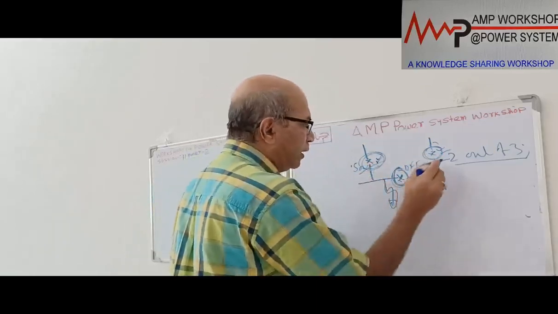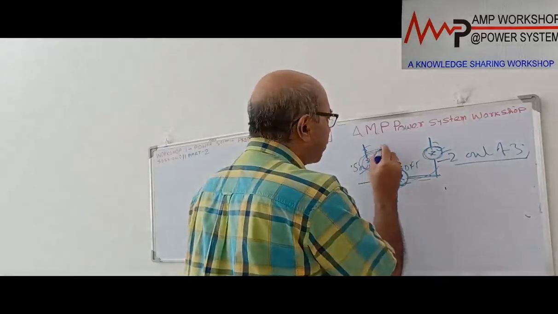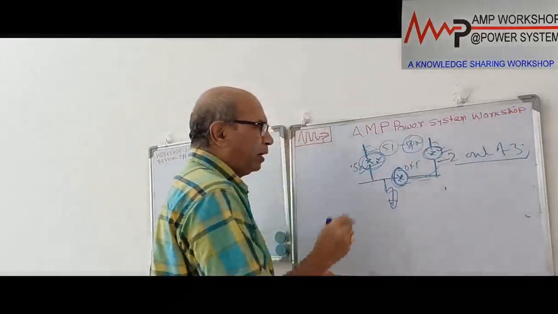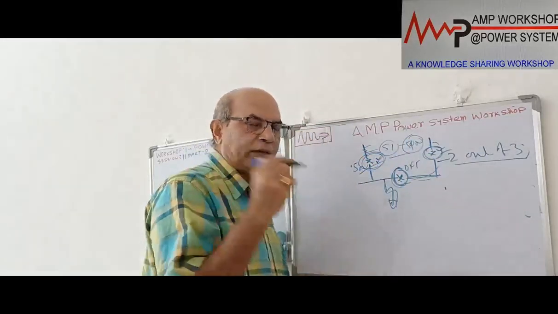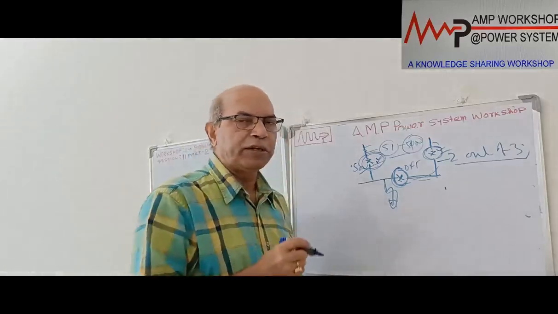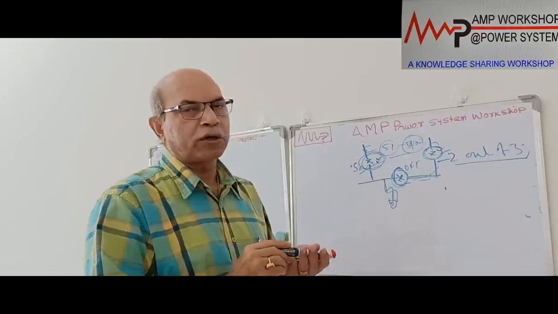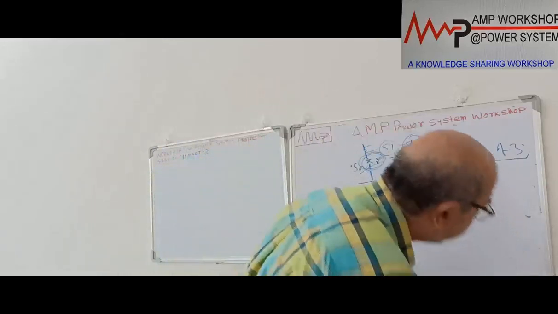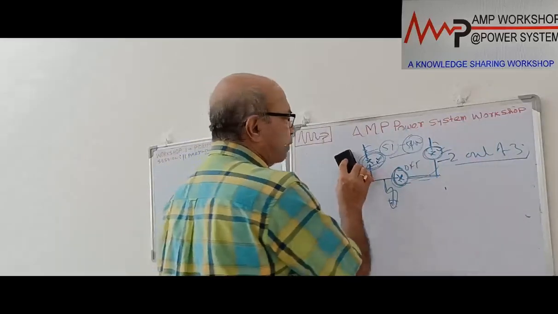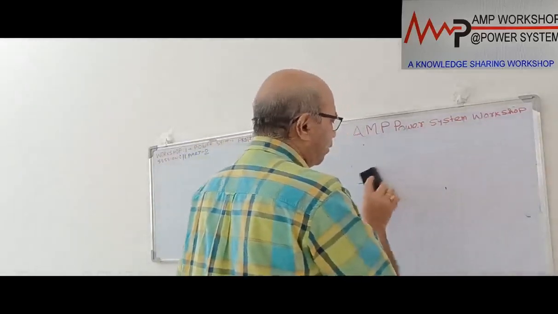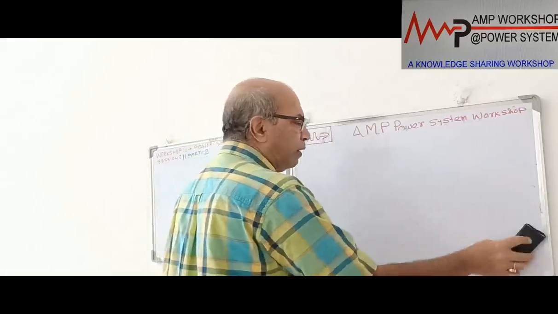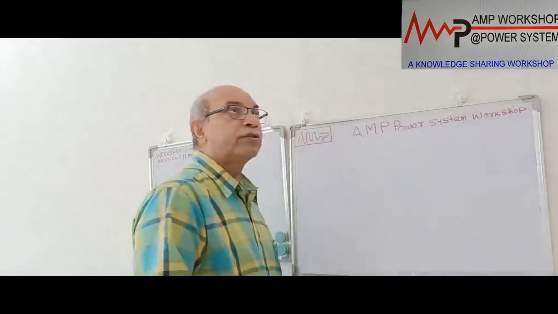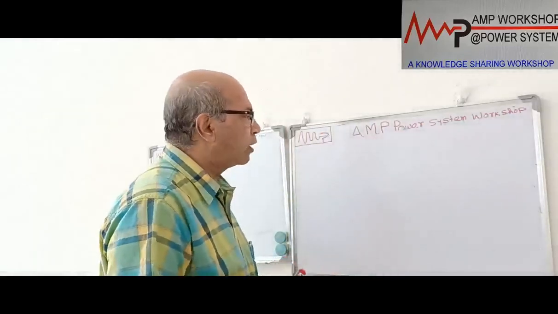That means in case of this 51 relay, the relay which we are providing over here, or the 51N relay, this relay contact should be an NC contact provided in the auto changeover scheme. So the auto changeover scheme will be blocked during this bus fault. Okay, this is one of the things we have to keep in mind: when the bus bar protection operated, if there is an auto changeover scheme provided for the low voltage switchgear, the auto changeover scheme shall be blocked from operation. So that is for the overcurrent protection for the low voltage LV switchgear.